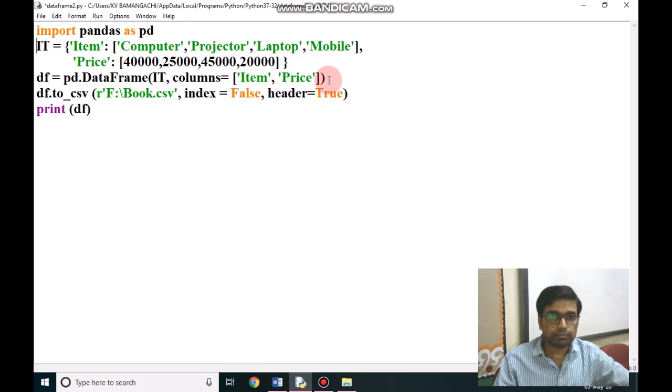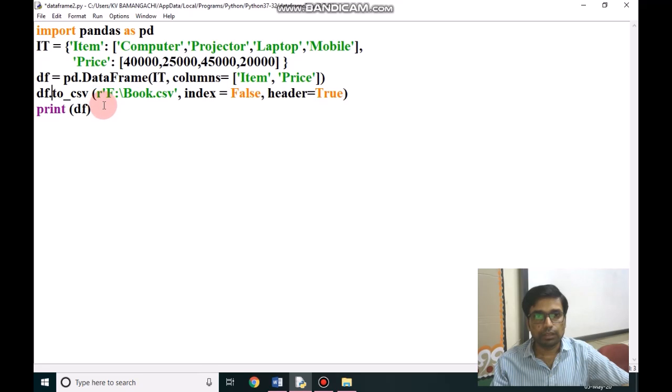Now, if we want to write this data from the data frame to the CSV file, we have to write this code, df.to_csv, because it's a data frame. Then r is for Unicode, so you have to write r.